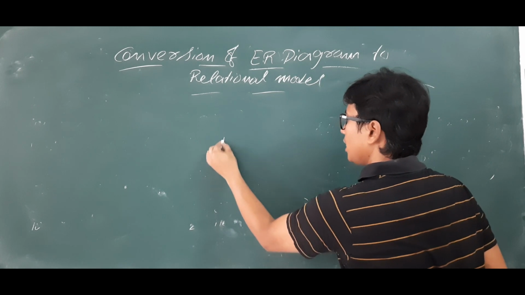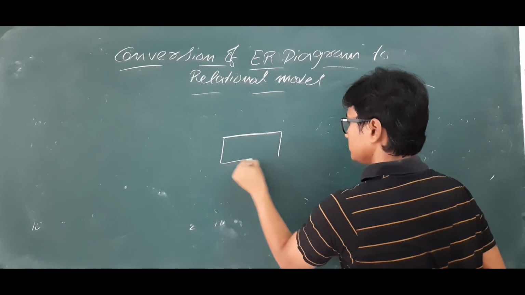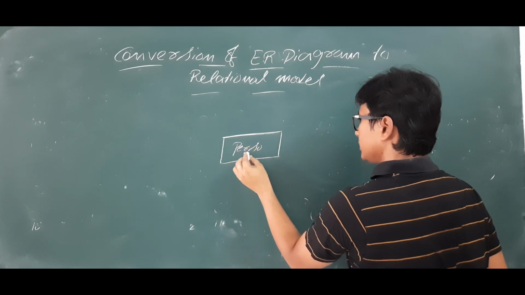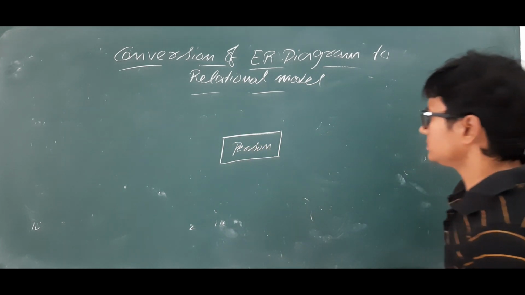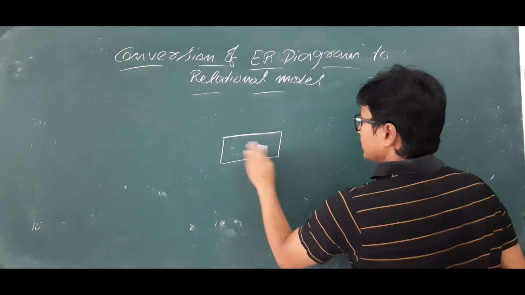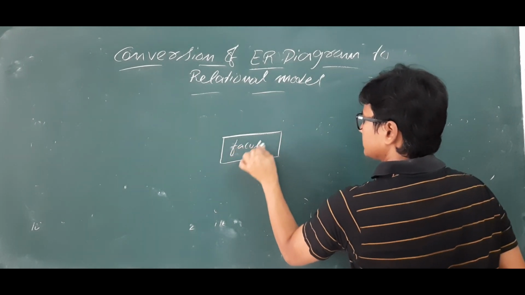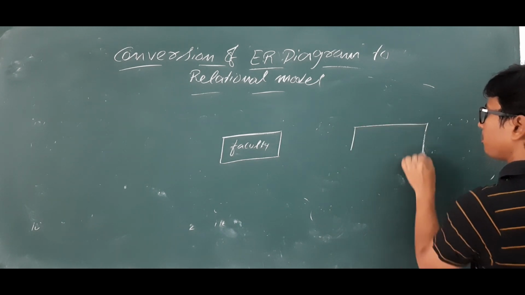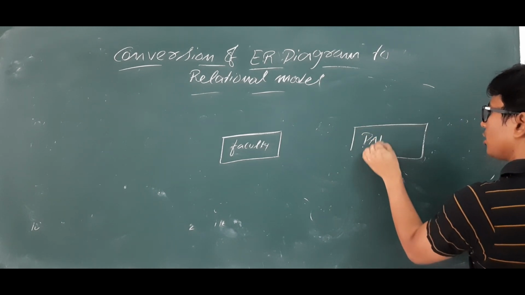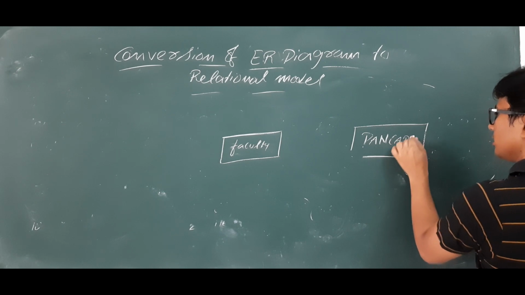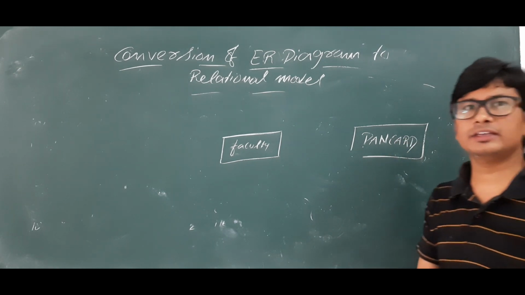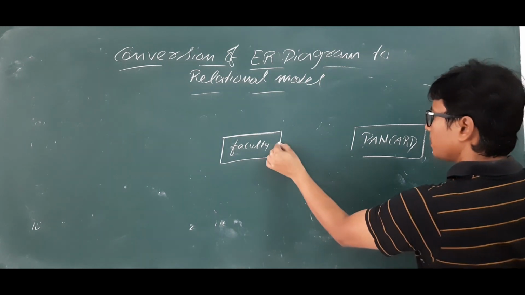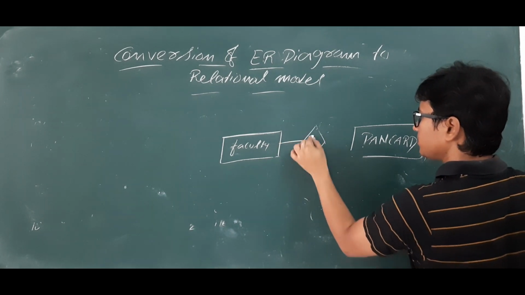Let's take that you have a person, or a faculty. Let me take it as a faculty. And a faculty will have a PAN number, a PAN card. Am I right or wrong? Those who are earning some money should have the PAN card. That is what the government rules say. So the relationship here it is having.